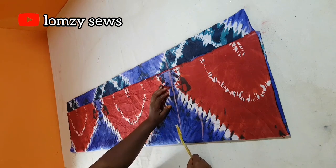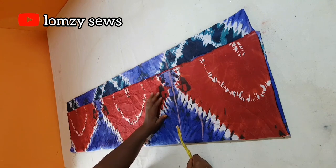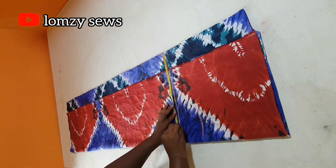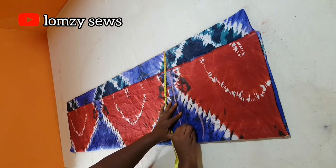So the bust I'm using is 44 inches divided by 4 will give me 11 inches. I'm going to add ½ inch ease allowance, which will make it 11½, and I will add 1½ inch sewing allowance, which will make it 13 inches, and I'll mark it here. I'm going to connect this line to give me a dolman kind of sleeve. So I'm going to come in like this,